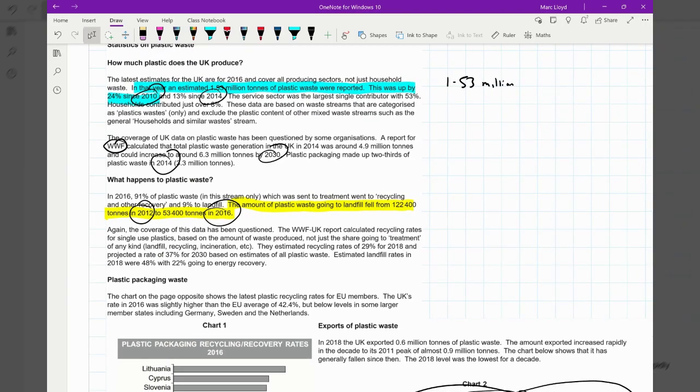This was up by 24% since 2010. So there was a value in 2010 and it was increased by 1.24 and it made it to 1.53 million. So if we just do this division, we can find out what it was originally. So 1.53 divided by 1.24 gives us